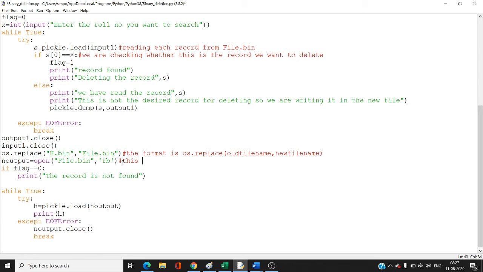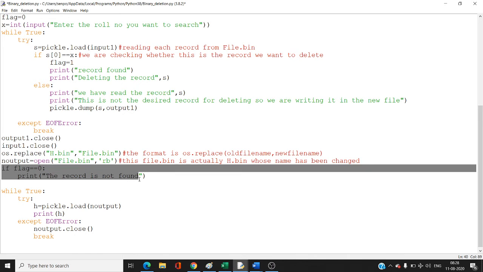So let me write a comment here. This file.bin is actually h.bin, whose name has been changed. Okay, so this if flag equals 0, the record is not found.